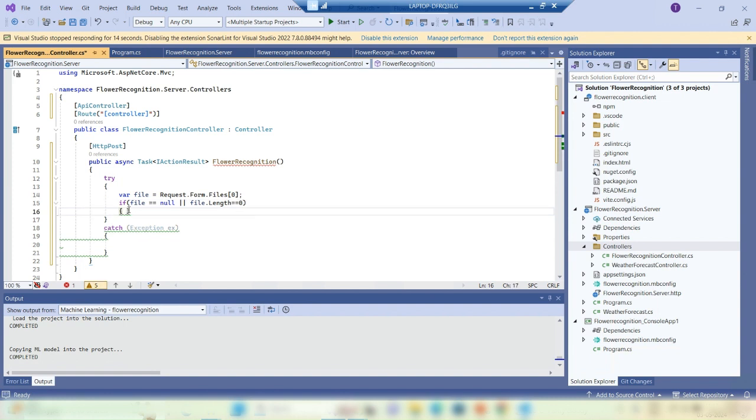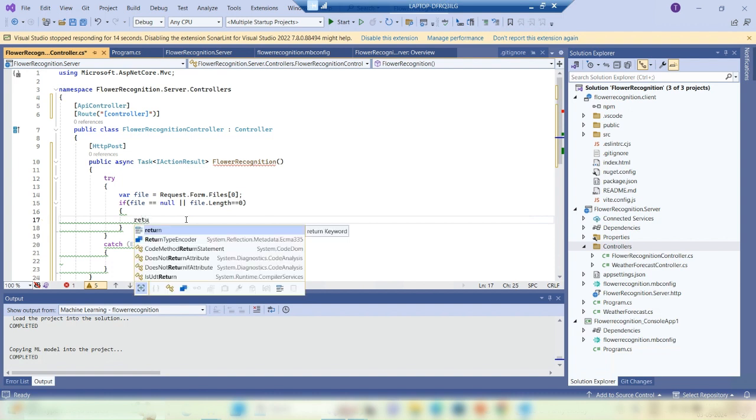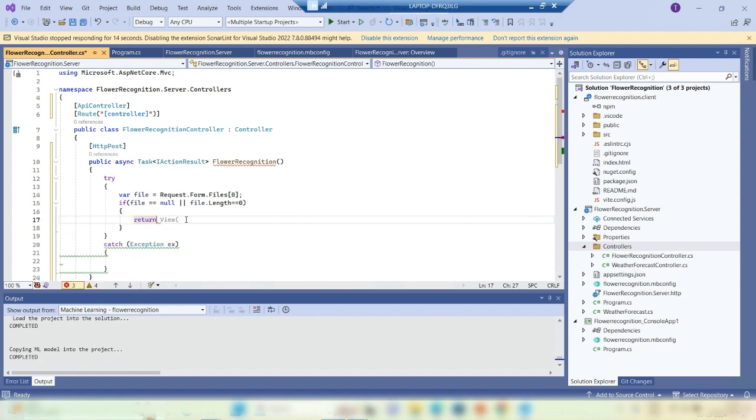Now if this case is there, then we will return bad request